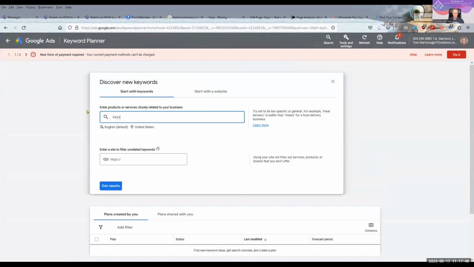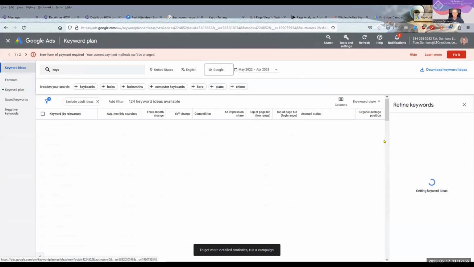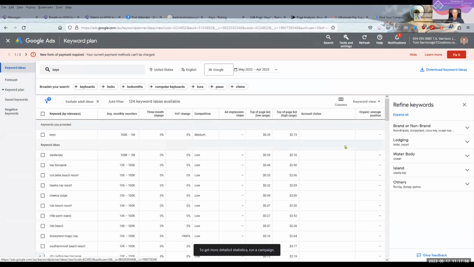Now, just for giggles, let's just see if enough people are searching for just the single word keys. Oh, maybe they are. So you're going to search. Who's searching what? SEO is an experiment. So you have to start someplace with any experiment. You're going to drip a little bit of this stuff in it, a little bit of that stuff in it, see what that does, and then go from there. In this instance, we're talking about keys. Let's see if we can narrow this down to a type of key.